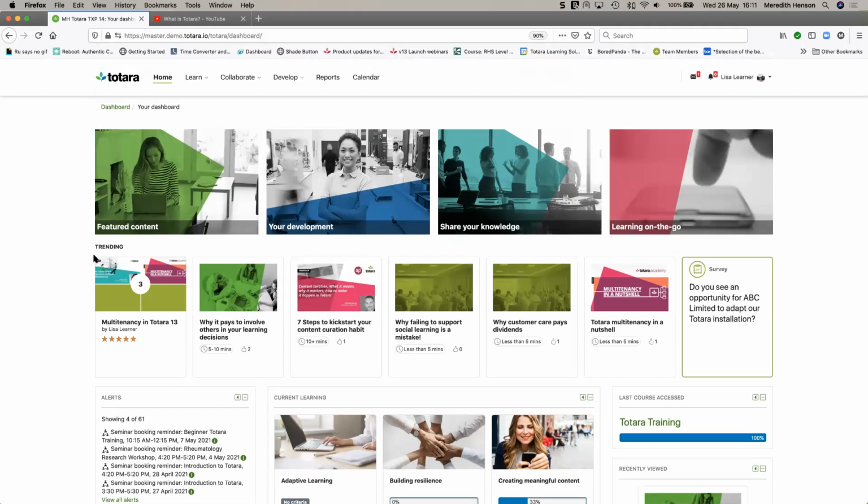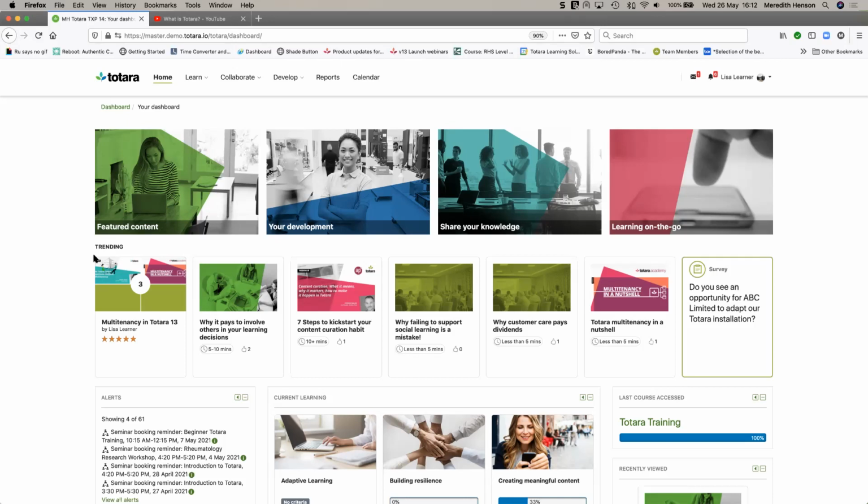You can have many dashboards across the site, and these dashboards can be assigned by what's called an audience. An audience is a function of administrator and allows you to group users together. And those groups can be what are called set, which is where you select individuals manually, or can be dynamic. And dynamic audiences allow you to add members to an audience based on various rules or criteria.